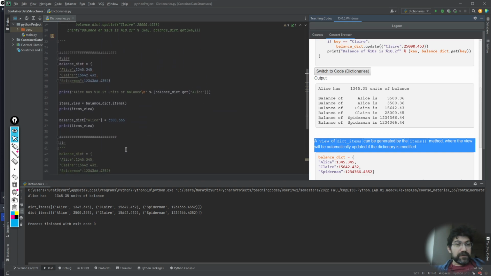Let's move to the beginning. So we have this dictionary again. We don't modify the values, same output. And now I have this special variable, which is the balanced dict dot items method. Its type is dict items, useful in advanced topics. And then if you print dict items,